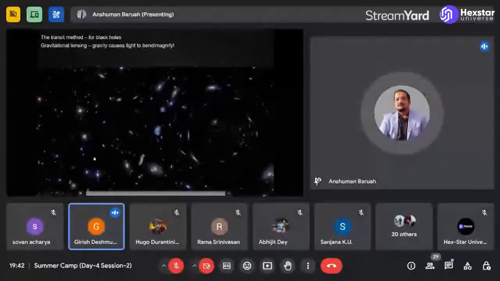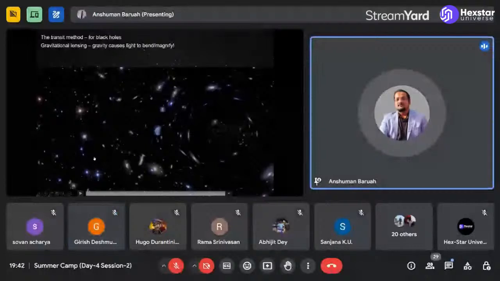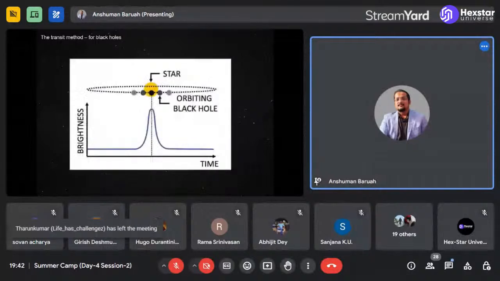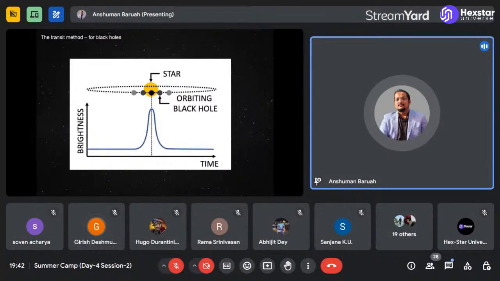So what happens in gravitational lensing is that sometimes, whenever there is a black hole passing in front of a star, the black hole's gravitational lensing can actually magnify and amplify the star's light and direct it to our planet. So you see, this graph has an opposite behavior to that for planets, right? For planets, the behavior was like this, and for black holes, the behavior is the opposite. Why is this behavior reversed?